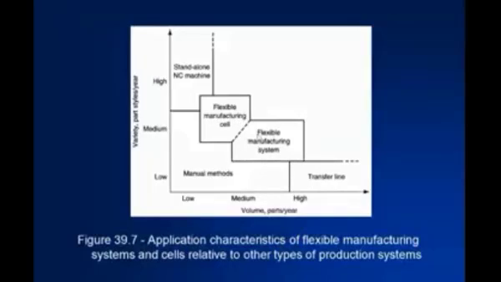Flexible manufacturing system can also accommodate certain variety in the parts, but not that much. But it has a little bit more volume. If you are producing similar parts and there is no variety and you need a higher production, then you need transfer lines and manual methods. Transfer lines, the traditional production systems, are used in batches.